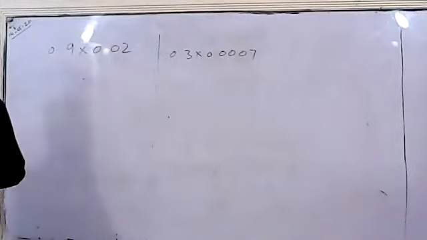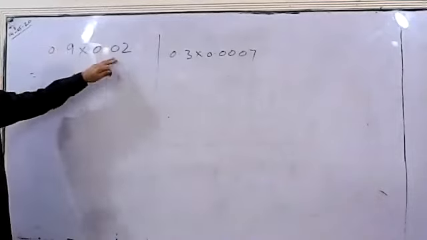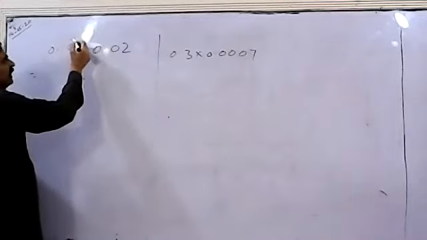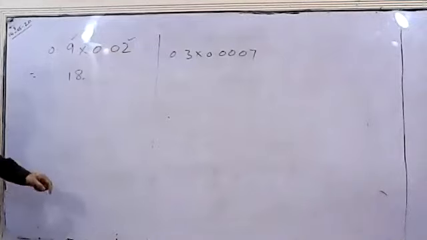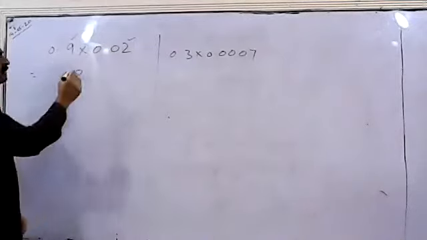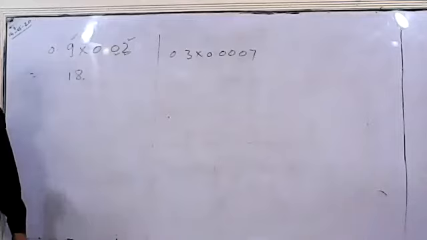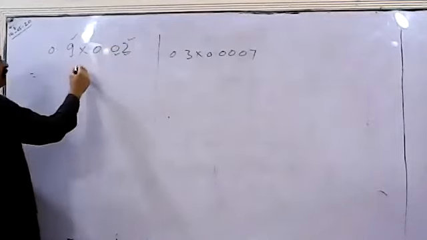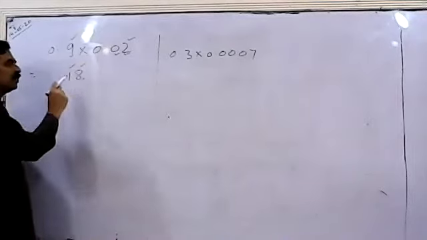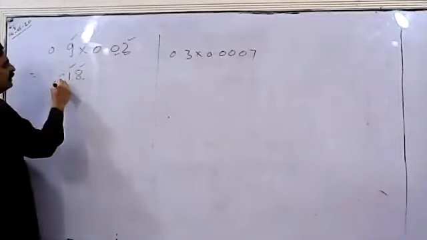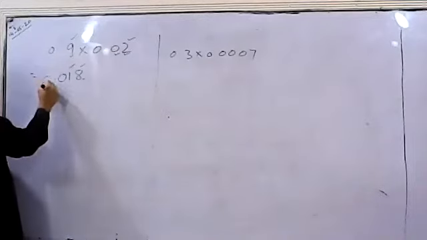Students, first of all, ignore all decimal points in the first question, that is 0.9 and 0.02. If we multiply the non-zero digits, that is 9 and 2, it becomes 18. 9 2 times 18. And now we will count decimal places: 1, 2, and 3. We will put the decimal after 3 digits. We will start from the right side. 1, 2. There are only 2 digits written, that is 18. One more digit, that is 0, we will add ourselves. So the final answer is 0.